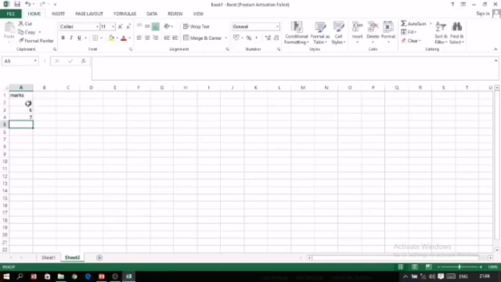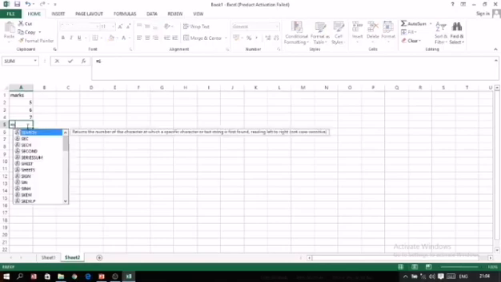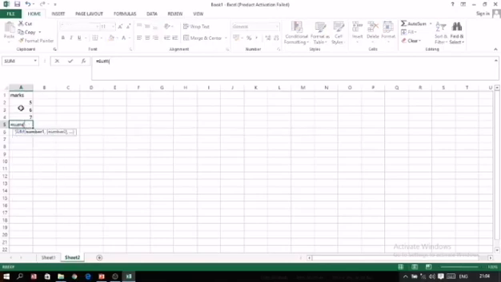Now the second method. First let me do it for you. First, equal sign, SUM, then put a bracket, then select this range. You have been doing such things since lower classes. Then close the bracket and press the enter key and the result will be shown to you. Now if you want to give a name to this range, then select the cells which you want to name. Then come to the name box and give a name. For example, I am giving the name as marks. It means the name of these particular cells is marks. Press the enter key. Okay.